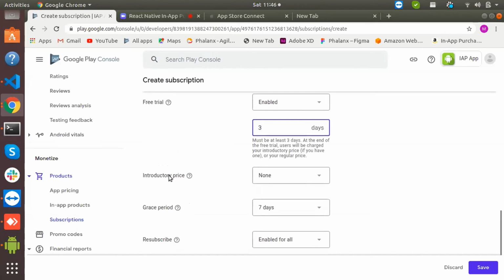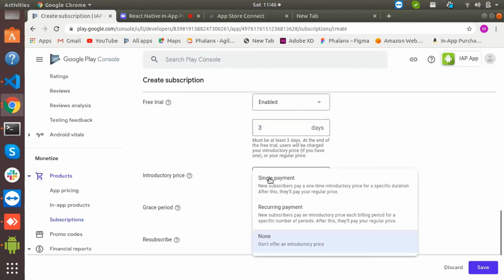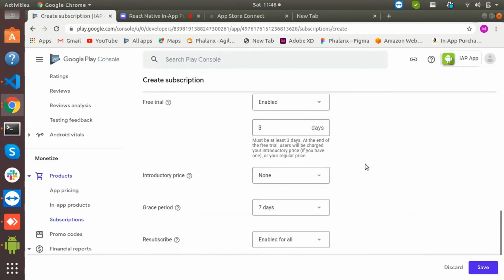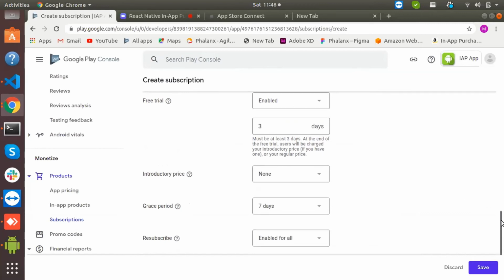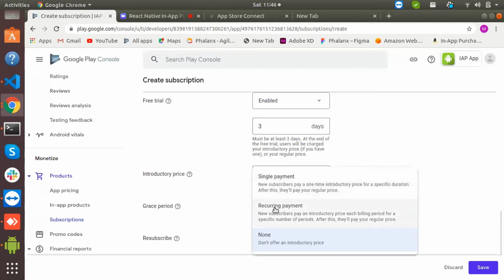The introductory price is basically the initial price of the subscription. The user can first buy the subscription at some initial price, and then pay the full amount of the purchase.